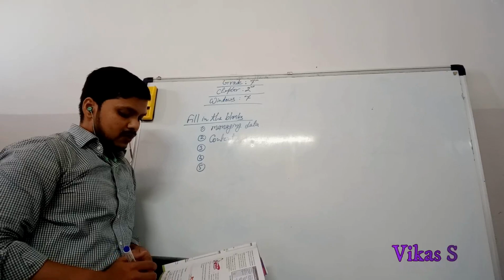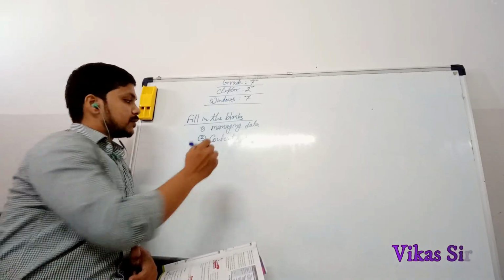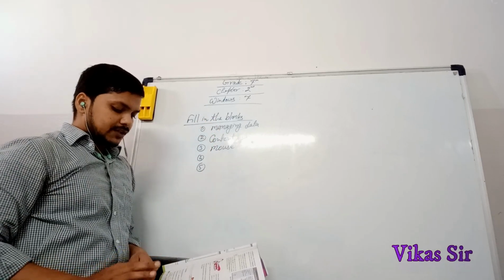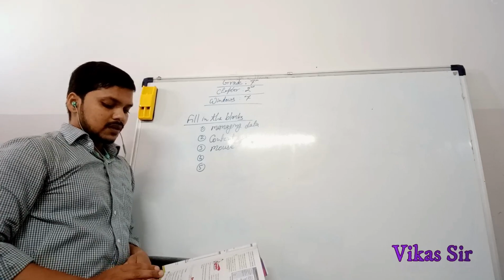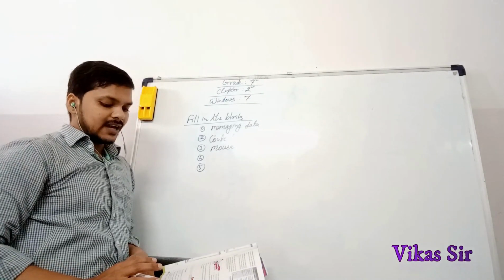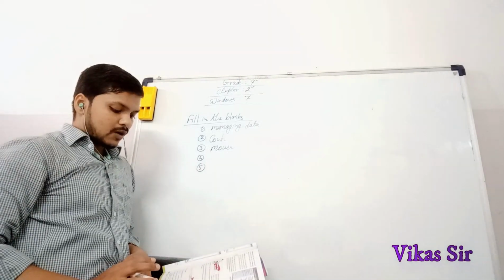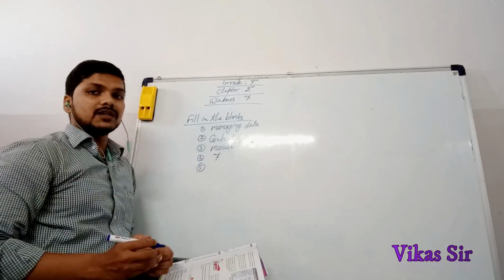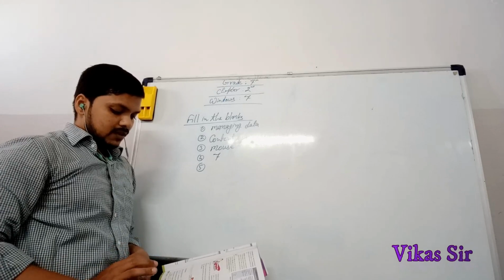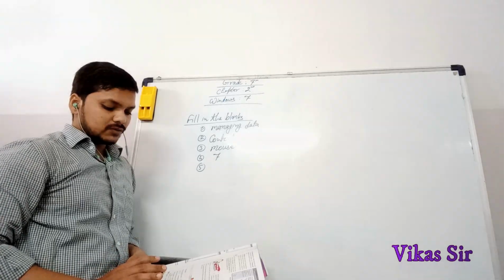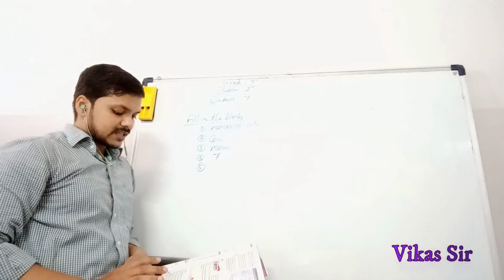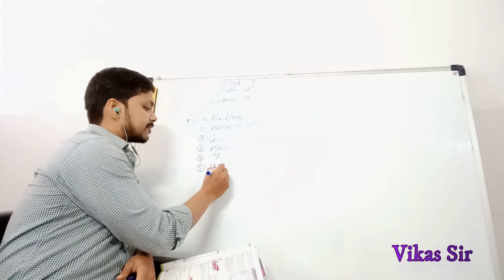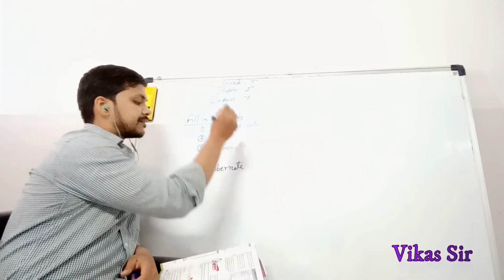Now third, to change the mouse setting, where we have to click in control panel? We have to click on the mouse option. So we fill mouse. Now fourth: with numeric keypad in mouse mode, which key is used for diagonally left upward movement? Of the options given below, the home option is wrong. Here you have to write 7. The 7 number key we will press. Now fifth: which is a state in which a computer shuts down to save power but first saves everything in the memory on hard disk? That process is known as hibernate. So we have to fill here hibernate.